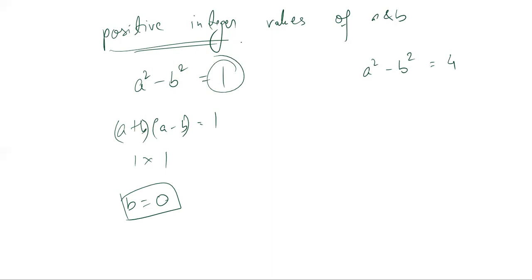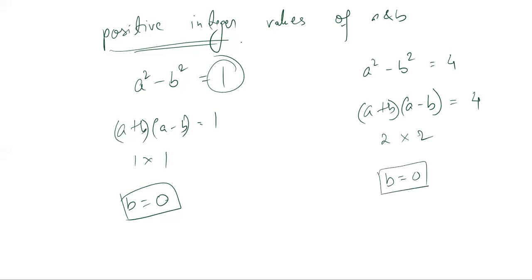Again, similarly, in this case, you can see that this value is a multiple of 4. So a plus b into a minus b is equal to 4 implies the only way we can break, please understand, we cannot break it as 4 into 1. We have already understood this today. So this cannot be even and this cannot be odd. We are not going to have a and b as integers in that case. But we can definitely break this as 2 into 2. So if I break this as 2 into 2, again we have the same problem. b is equal to 0, right?